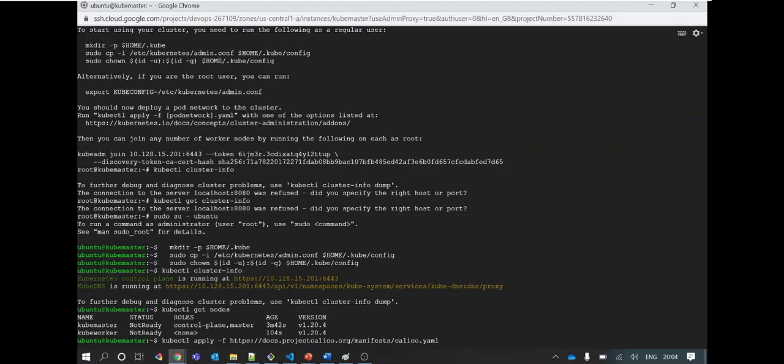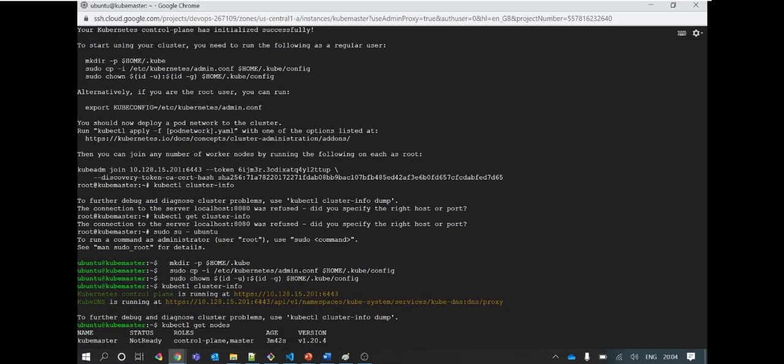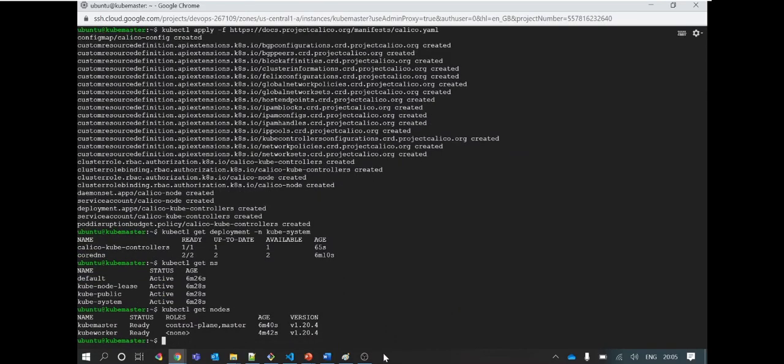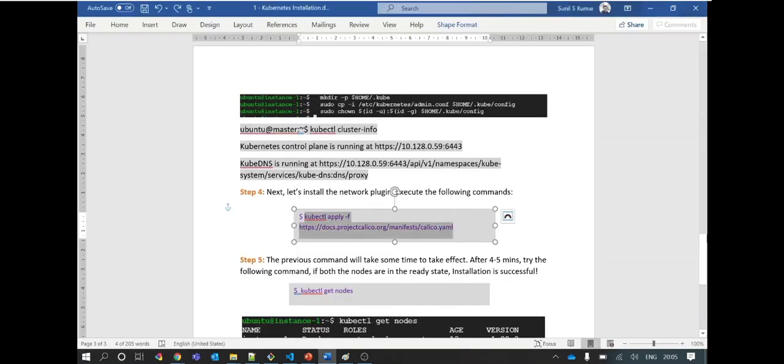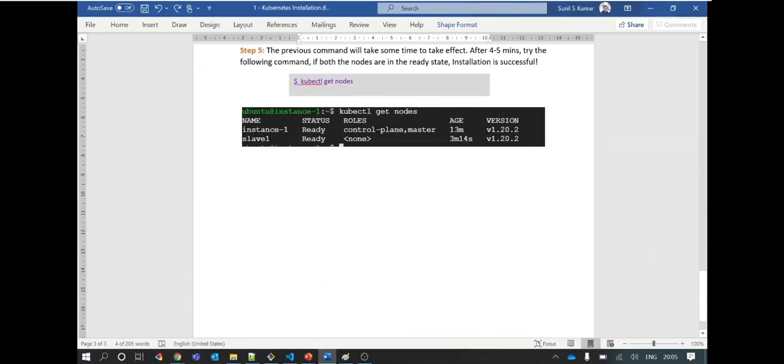If I copy this file to the worker nodes, the same operation can be done on any machine. As I said, if I have this config file, I can connect to this cluster from anywhere if it is public. If it is private, then I need to provide authentication credentials to connect to that private cluster, but the mechanism remains the same. So this way my cluster is set up, and I was able to do all this successfully.